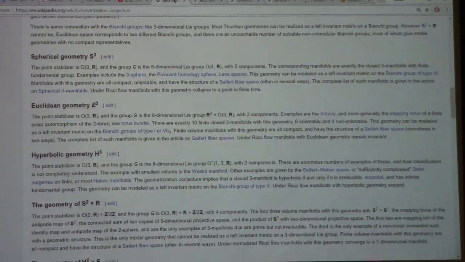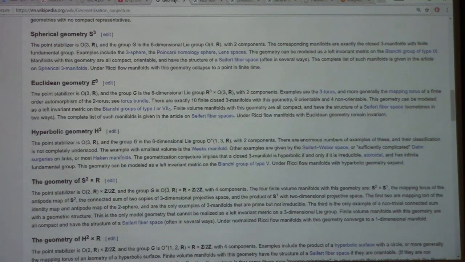So here's some more of the fine print for the 8 different models. Euclidean, we've been studying that a fair amount here. Spherical. And each of these is described in terms of a Lie group acting. They're all described as homogeneous spaces, which is a particular way of constructing manifolds. Details that don't really concern us at the moment, but